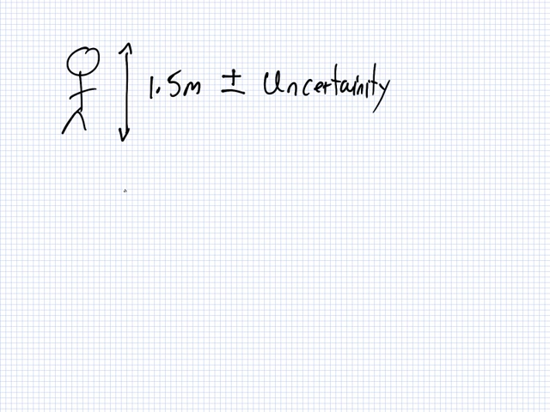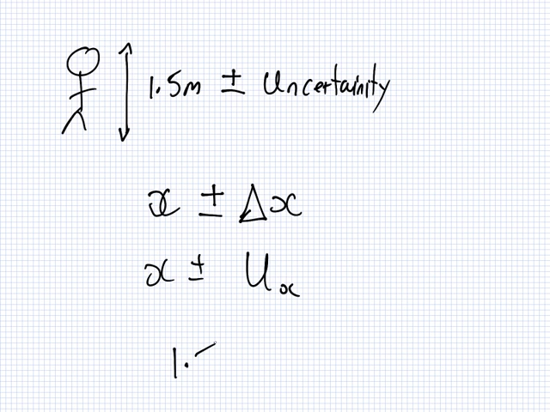So basically when we make a measurement x, we are uncertain about it exactly, and we call the uncertain part delta x. Or sometimes people write it like this, ux. I don't really like that. So an example would be, your height is 1.5 meters plus or minus